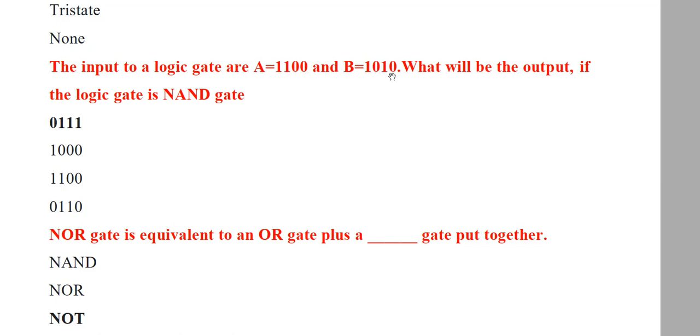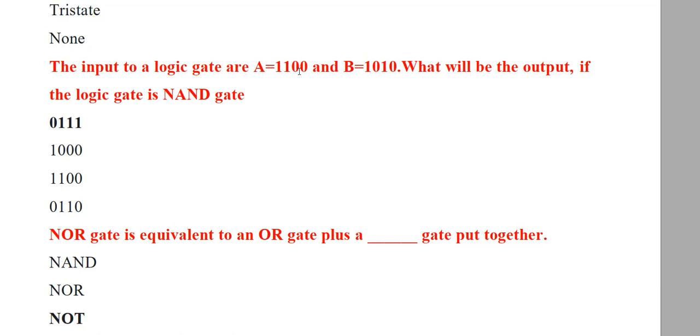So you have to again consider the truth table of NAND gate. What is a truth table for NAND gate? If both the inputs are high, then the output is low. So for 1 case, the output is 0, whereas it is 1 otherwise. So here it is 0 0. LSB is 0. LSB is 0. So for 0 0, the output is 1. So my LSB output is 1.